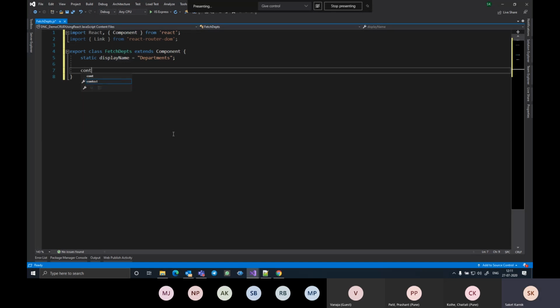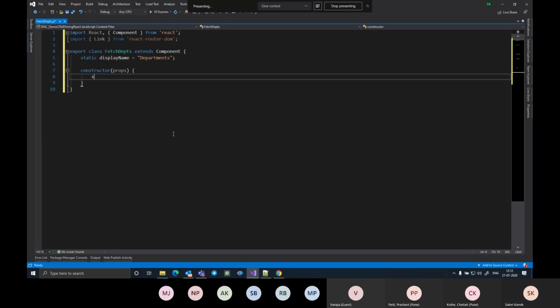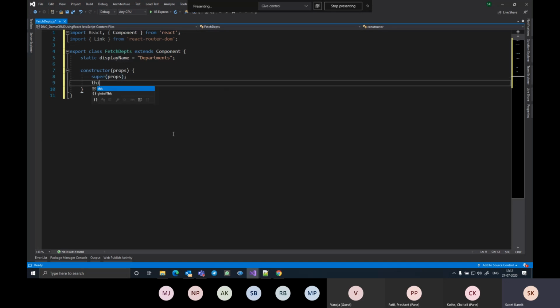Then I create a constructor for this class. Remember, this is JavaScript syntax, so there could be slight differences compared to C#, but conceptually you can relate. I want to chain this constructor with the base class constructor that sets up the props for me. So say super props. And then I want to set the state of the current object